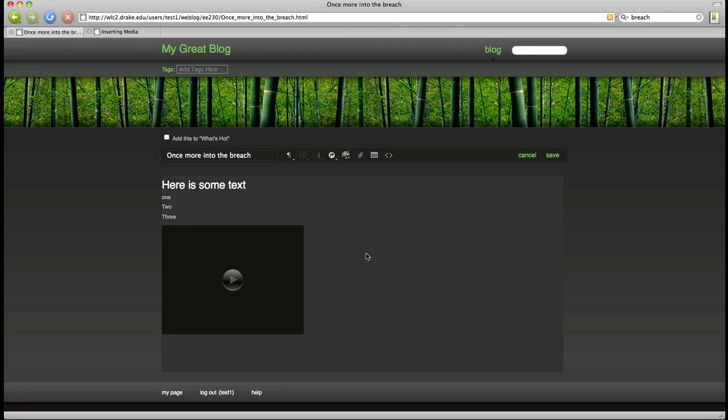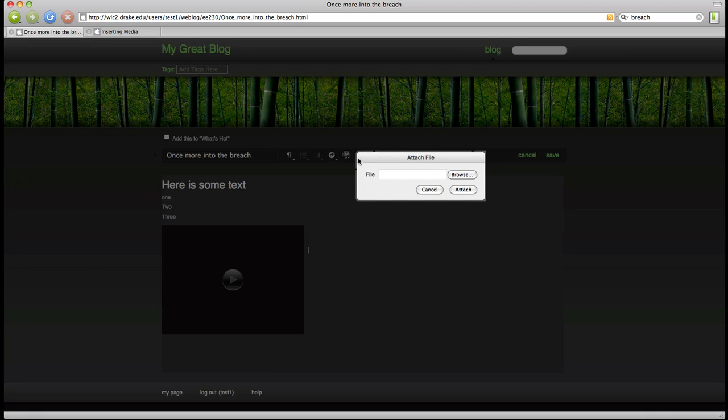Okay, so now this is embedding that into this particular page. Let's say we have a Word doc or PDF file that we want to embed that's multi-page, that we don't want to lose the other pages. Well, that's where our next tool comes in. There's actually an attach file button. You'll notice that it just says, what's your file type? It doesn't give you any caveats about the type of file that it accepts,